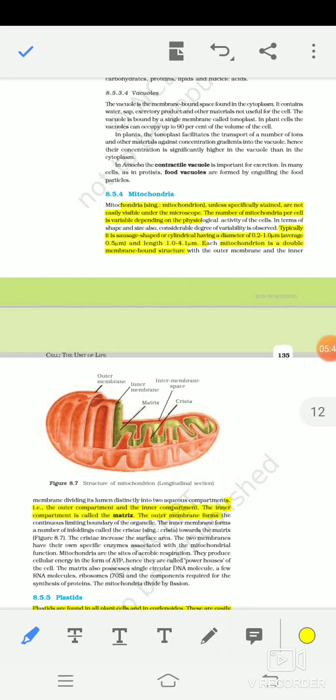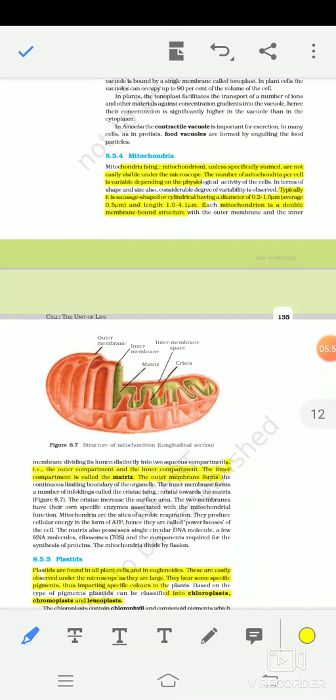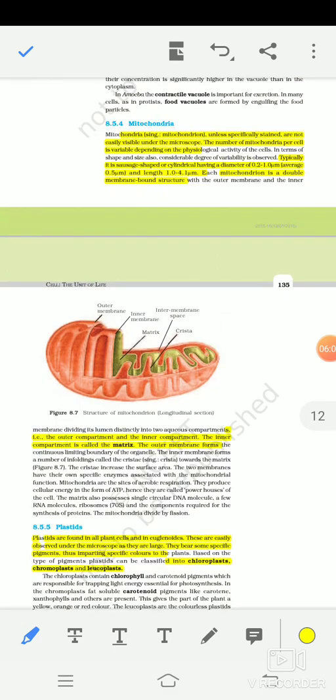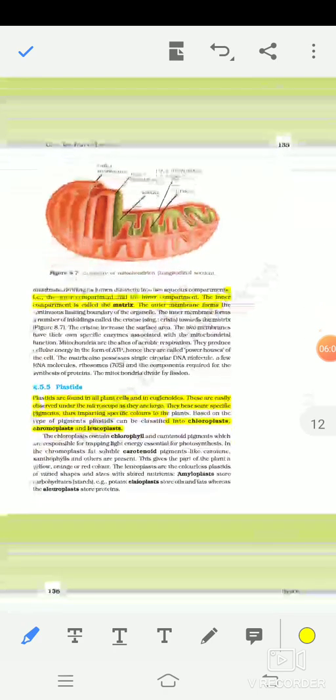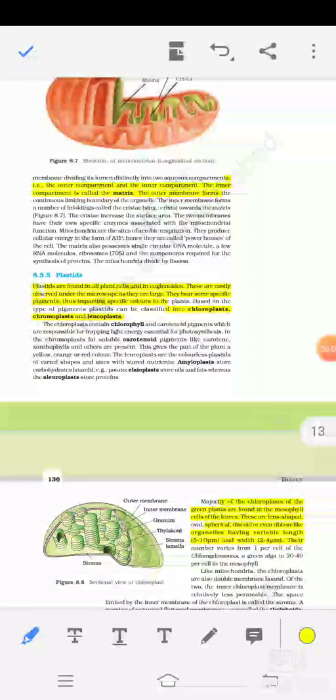Mitochondrion. Unless specifically stained, mitochondria are not easily visible under the microscope. The number of mitochondria per cell is variable depending on the physiological activity. Typically, they are sausage-shaped or cylindrical, having an average diameter of 0.5 micrometre and length of 1.0 to 4.1 micrometre. Mitochondria are double membrane-bound structures. The outer compartment and the inner compartment is called the matrix. The outer membrane forms